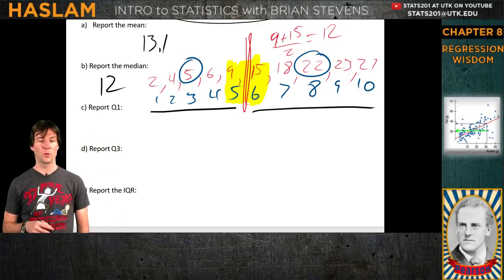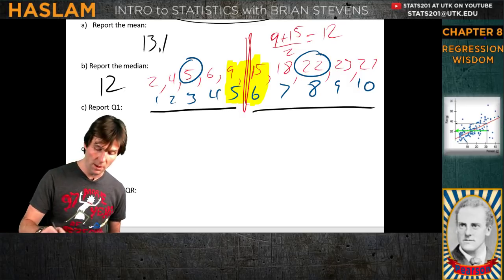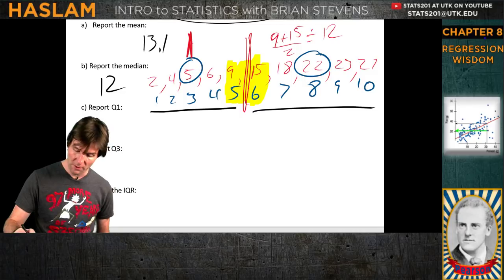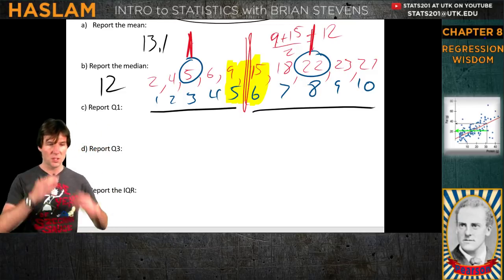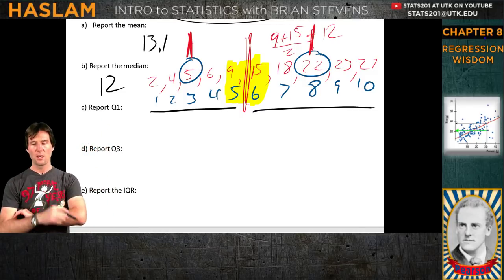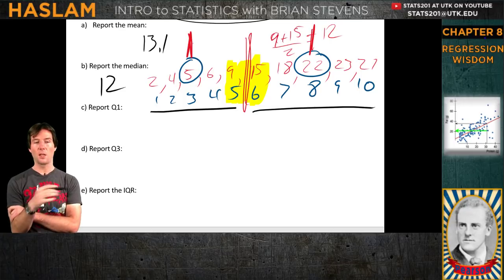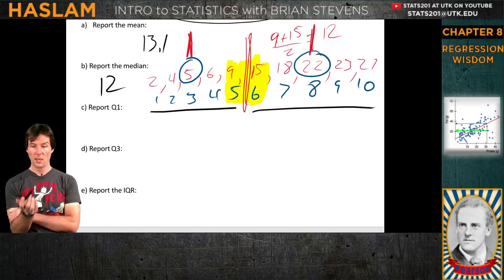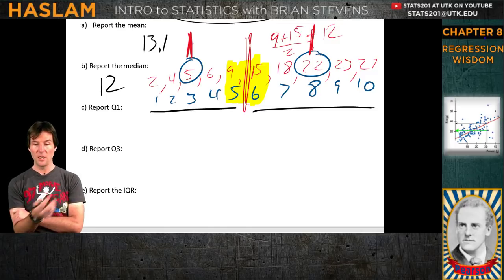Those are Q1 and Q3. Just look at it. They're kind of the middle of the bottom half and the middle of the top half. I'm not a big fan of those types of questions because not all data sets are easily calculable. Usually the median's easy enough to see. But it's kind of like you're taking the median of the bottom half and the median of the top half.